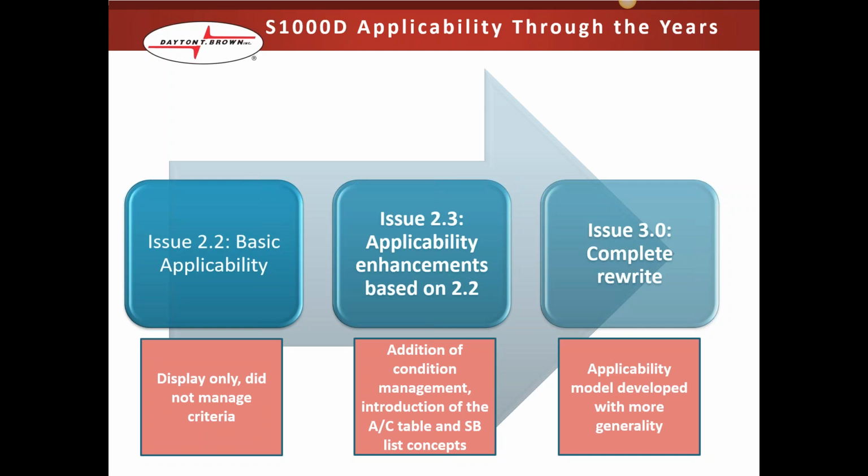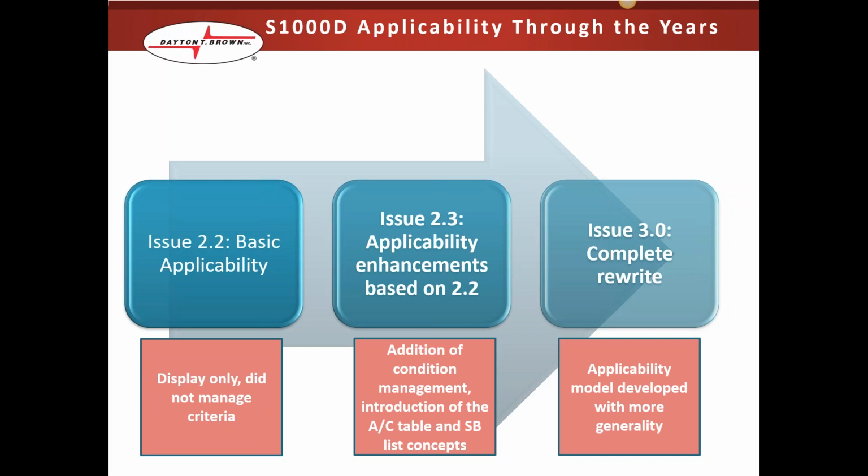So issue 2.3 came along, and this is when civil aviation decided, well, let's take applicability and enhance it based on this real basic model. We needed to manage things like service bulletins and what we call aircraft tables, which are: this customer has this serial number, which has this configuration with service bulletins incorporated. And so we tried to enhance that a little bit. It was actually Airbus at the time that was doing this,